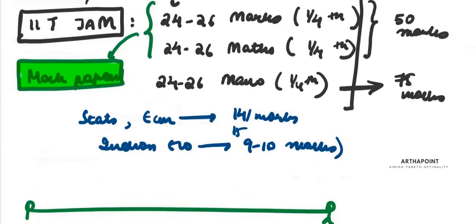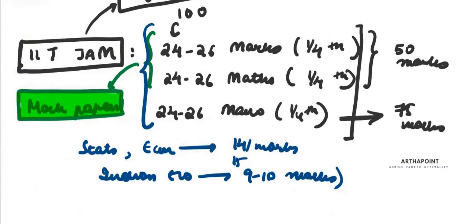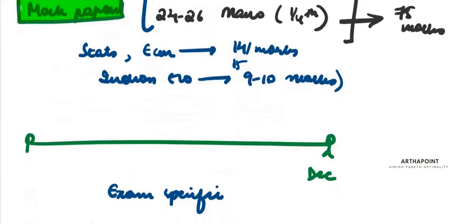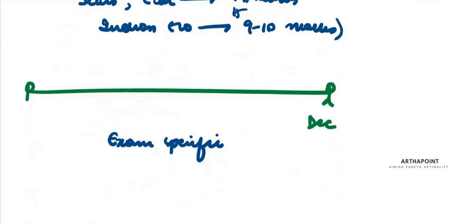So for every exam, this pattern will differ. DSC has no pattern at all. It depends on which faculty in DSC is preparing the paper. If it goes to JVM, who is an econometrics teacher, you would see a lot of econometrics in that paper. If it goes to Abhijit Banerjee, you will see a lot of maths coming in that paper. So there is no set pattern. So we have to cover literally everything from the exam point of view.